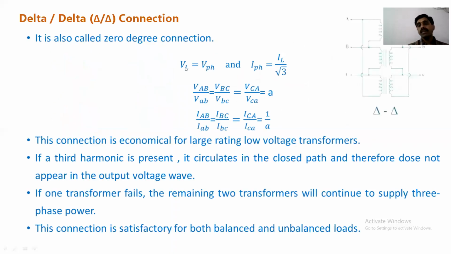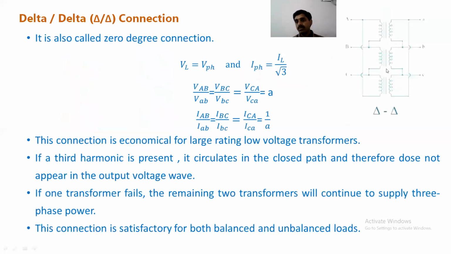All of you keep this picture in mind while discussing the different types of connections. First, the delta connection, let us see. In the delta connection, you can observe the primary side is delta. The secondary winding's second side is connected to the first side of the next winding. Like this, a delta can be formed. The other side is also a delta. This is a delta connection transformer.